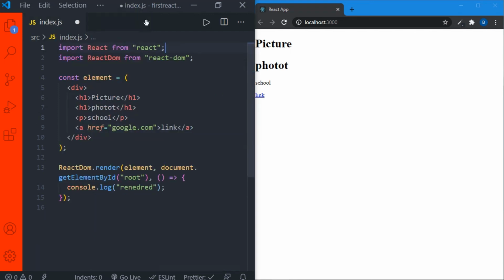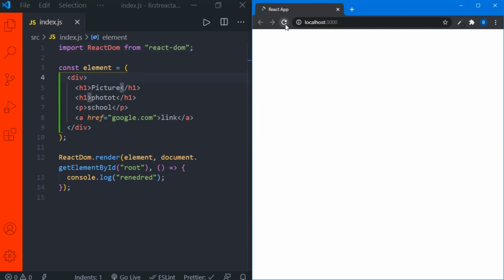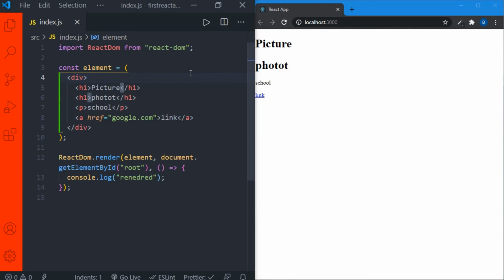Now you no longer need to include this React import in the latest version of React. Now press Ctrl S to save. Now you will get the same result. See, actually in older versions we should definitely import React, but after the latest version, that is 17.0.1, there is no need to import React. Without importing React, we can render the JSX.